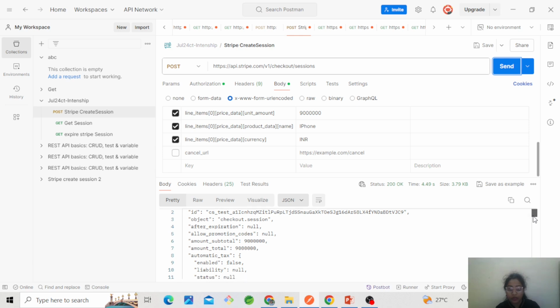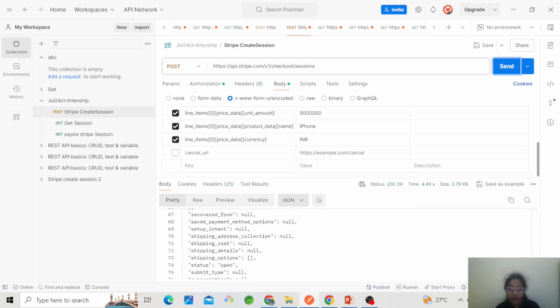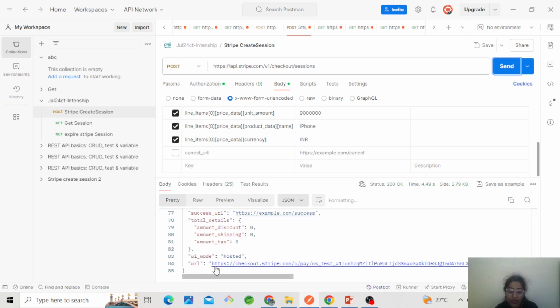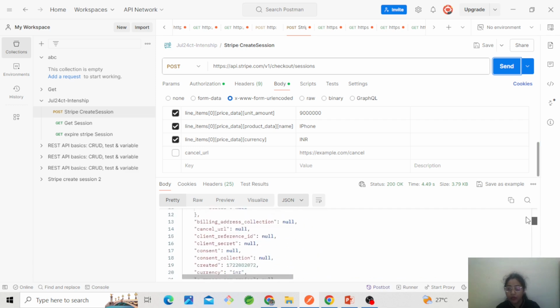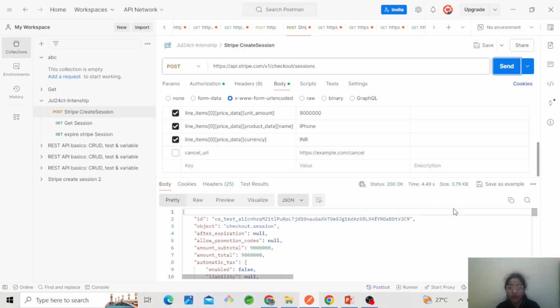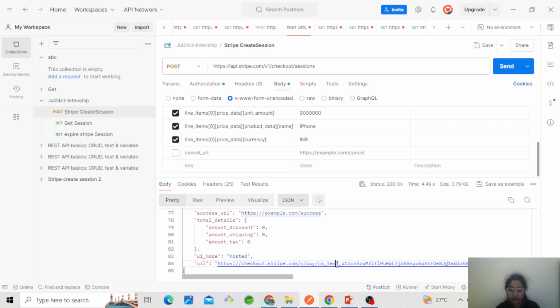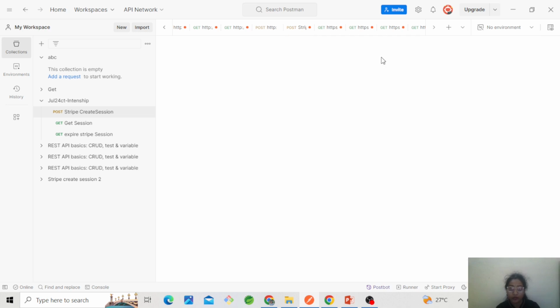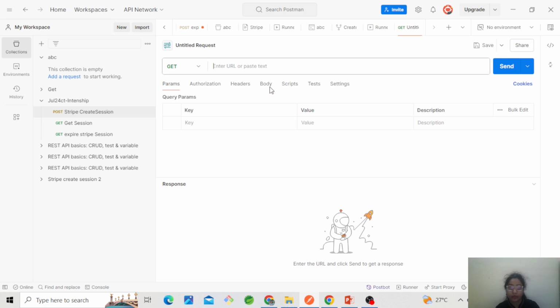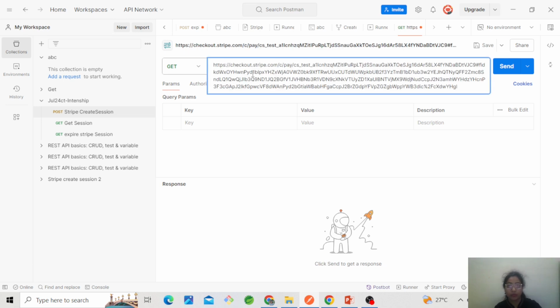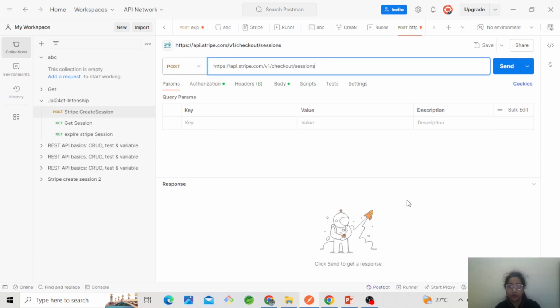So in this response, you are getting the redirect URL. See here, the redirect URL from the Stripe, and along with the ID, a unique ID is generated with each URL. Then copy this URL, go to the browser,